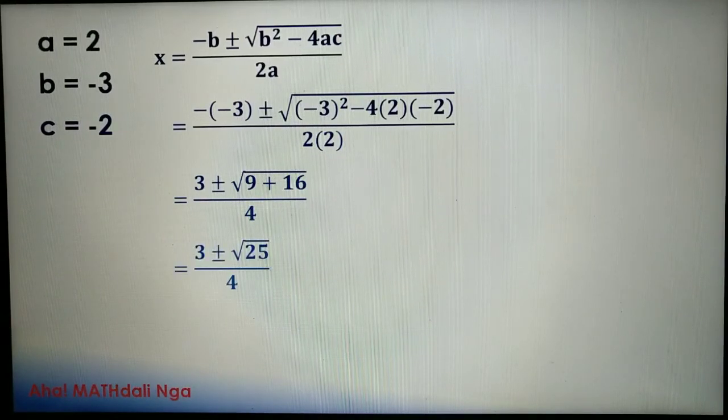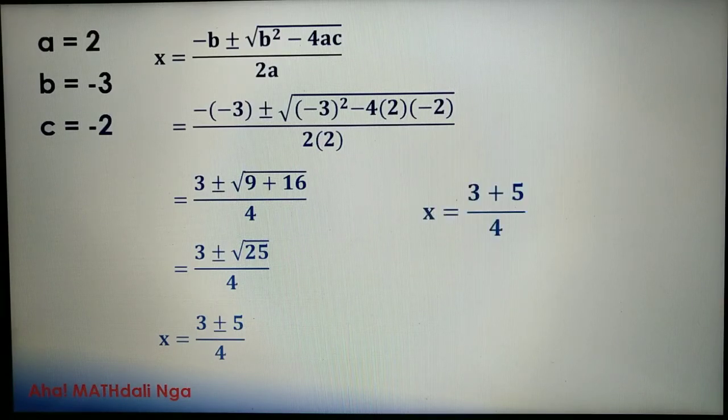Next, equals positive 3 plus or minus the square root of 25, because 9 plus 16 is 25, all over 4. So x is equal to 3 plus or minus 5, all over 4. So we will find now the two values of the variable x. First, we will use